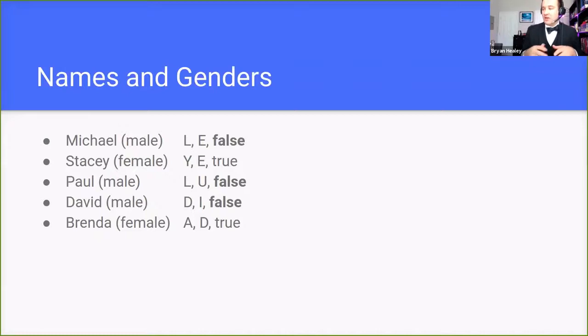So we say, okay, we're going to run feature experiments. Maybe the first and last letter matters, or maybe the last 2 letters matter. We'll start with the last 2 letters example and carve up features. Instead of giving the model Michael, I'm just going to tell the model all you care about is that the last letter is L and the second to last letter is E. It doesn't matter that it's Michael, because I don't want you to tell me that Michael is male. I want you to tell me about a future name that you don't know is male or female, by learning the rules that define this process.